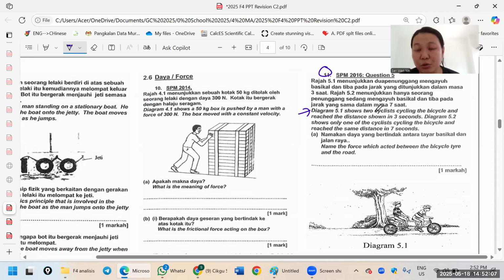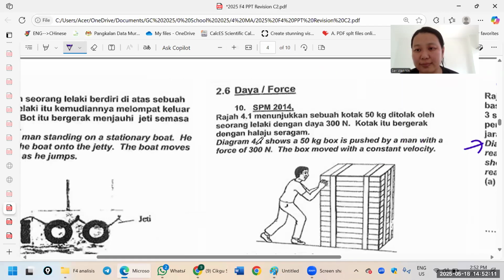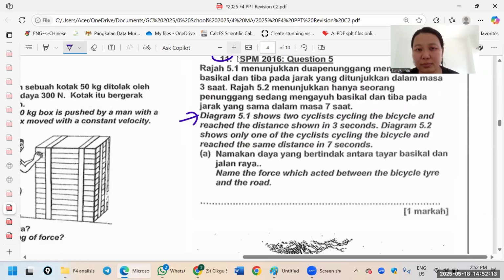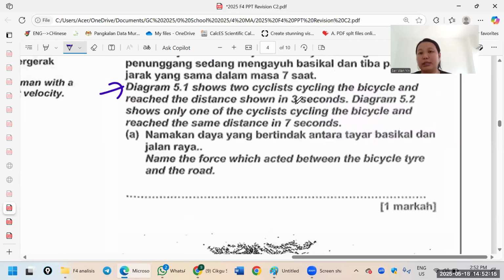Diagram 5.1 shows 2 cyclists cycling on a bicycle and reach the distance in 3 seconds. Diagram 5.2 shows only one cyclist cycling a bicycle and reach the same distance in 7 seconds. Name the force which is acted between bicycle tire and the